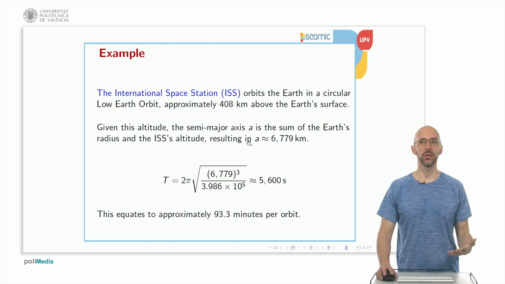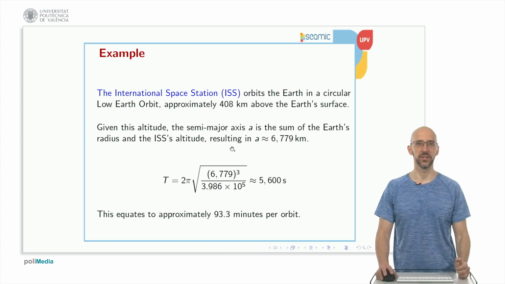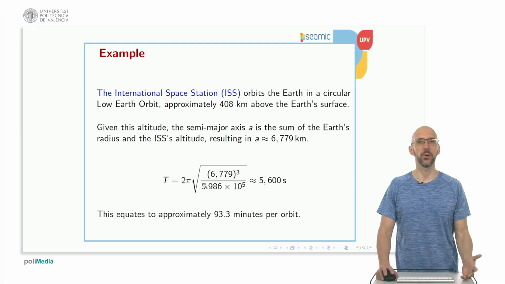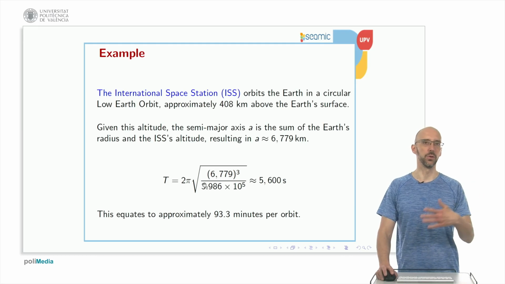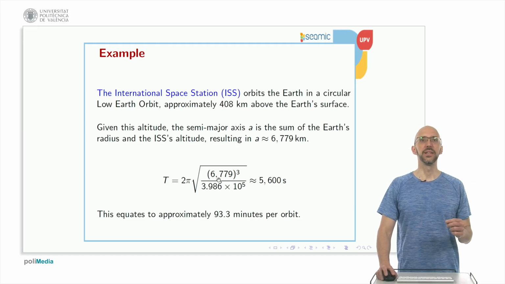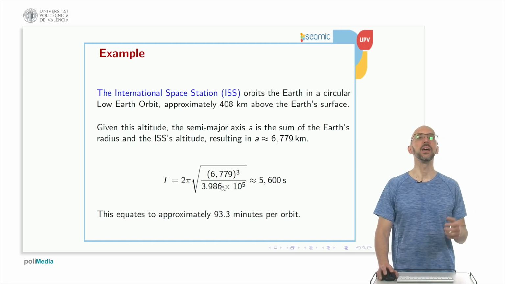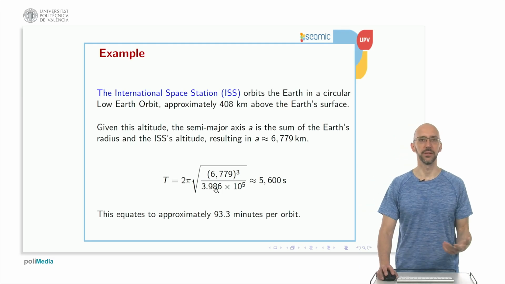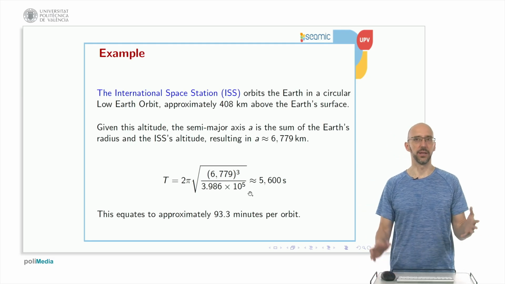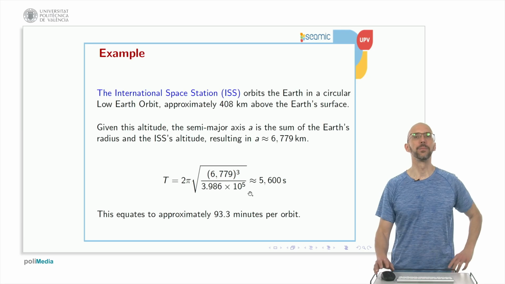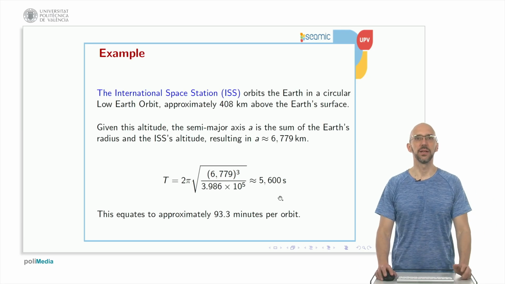So if we want to know the orbital period of the International Space Station, we are going to use the formula provided by Kepler's third law. And this is 6,779 kilometers, that is the 400 kilometers plus the radius of the Earth, cubed, divided by the standard gravitational parameter that takes this value. It's orbiting around the Earth, this is the value. If you calculate that, it's about